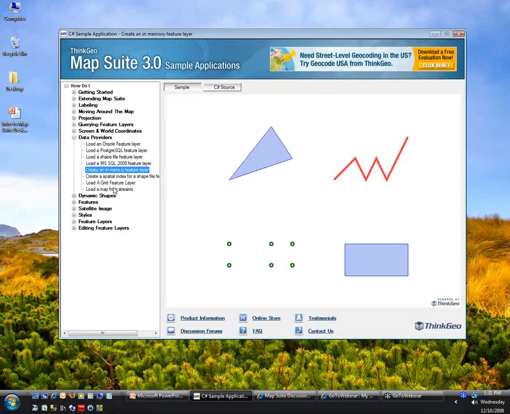I talked a little bit about creating in-memory feature layers, and in-memory feature layers are kind of like what our old map shapes were, but they can do so much more than that. An in-memory feature layer